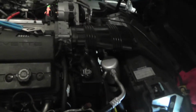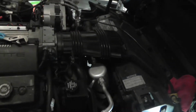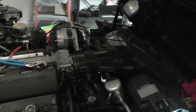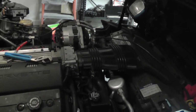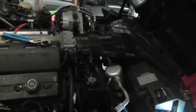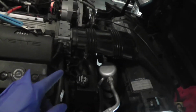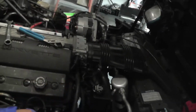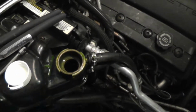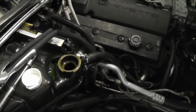You see the coolant is going to come out from the alternator side bleeder hole first. So you tighten that one back up, and then you keep filling it up, and you'll start seeing it come out of this bleeder hole on this side. Tighten it up. Then you get your coolant and you continue filling it until it gets to the top of this neck here. And then you need to crank the car up,